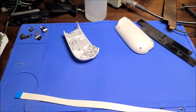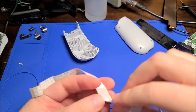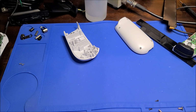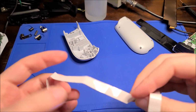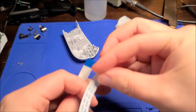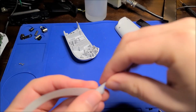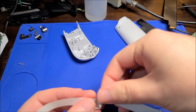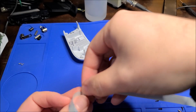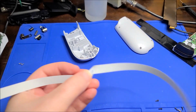And I'm pretty much just gonna do the exact opposite. I am going to have to bend the new ribbon into this exact same pattern, about halfway down the length, and make sure that I'm doing it in the right orientation. So, about halfway is about here. So it's gonna be something like this. You probably don't want to very tightly press on it, just get the shape, and we'll screw this down